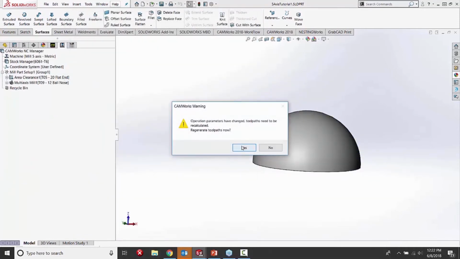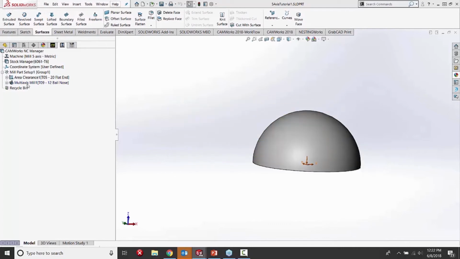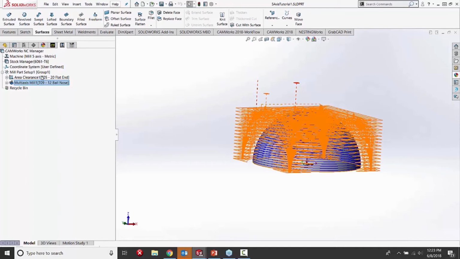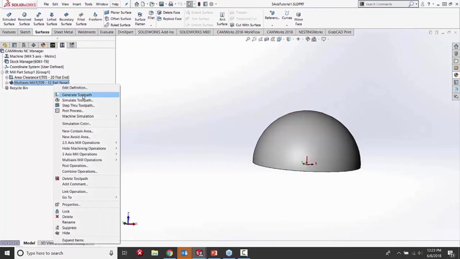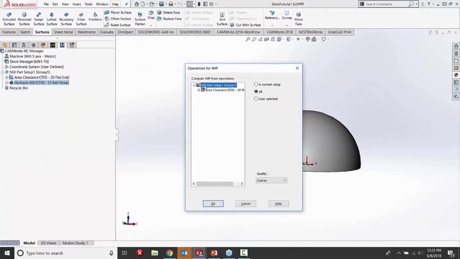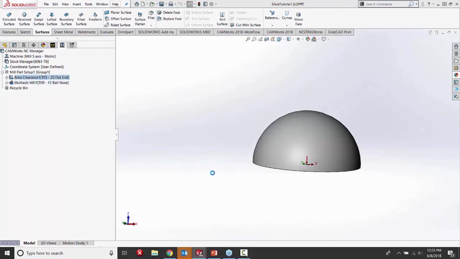One other quick thing I'll do here, just so we can see a little bit of this toolpath in action. A lot of times when we're simulating, we don't want to see all the steps of the simulation. In this case, I'm really just interested in this multi-axis mill simulation, but when we simulated that before, we didn't have the area clearance done. It looks kind of awkward. Little trick here: if we hold down Shift, right-click the operation we want to see and say simulate, we can start the simulation from the point of the area clearance or any other operations being done ahead of time. Now, it takes a second to calculate, but eventually when we start our simulation here,